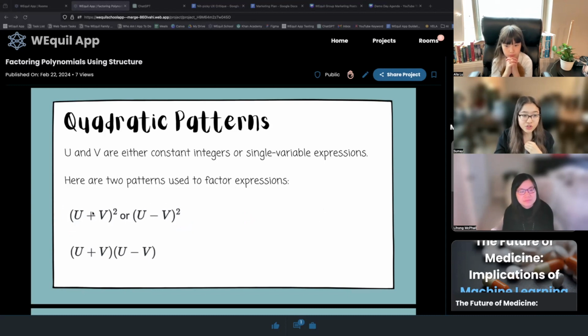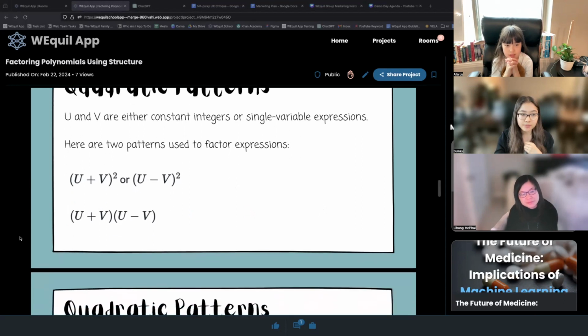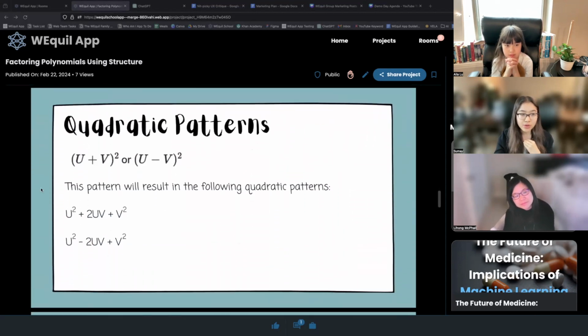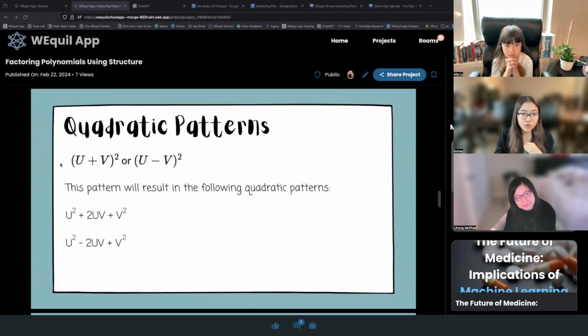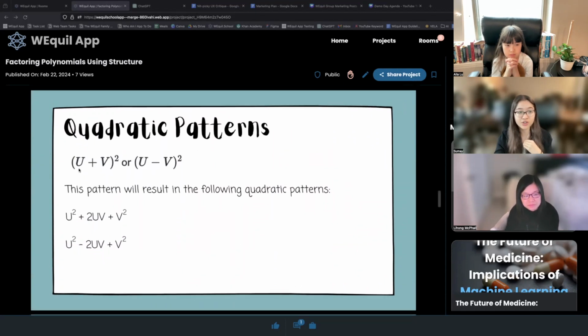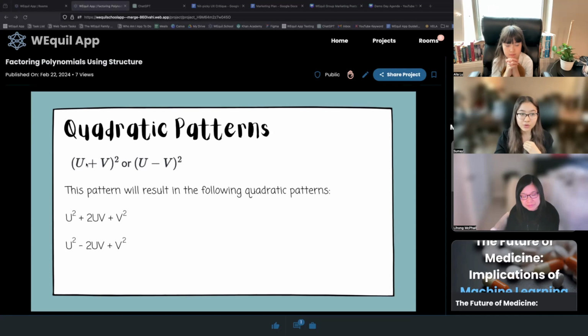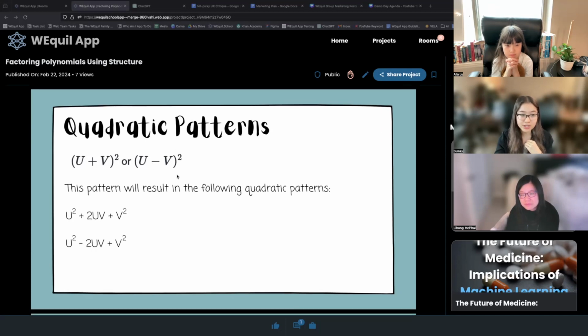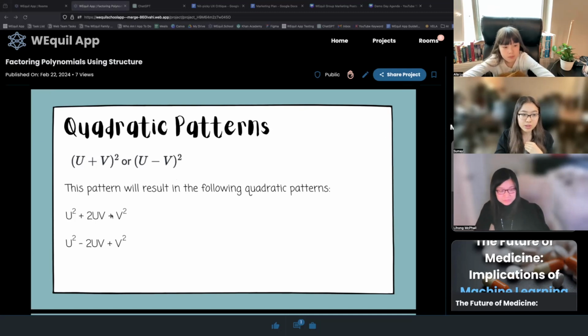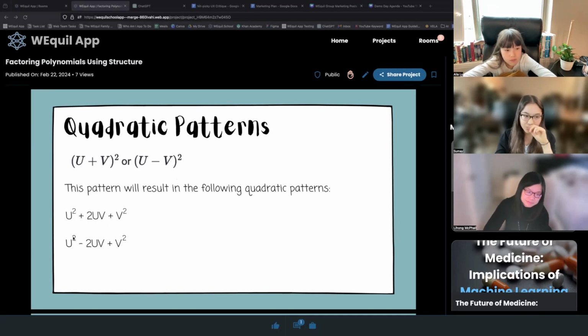Basically these are just two patterns that will result in different quadratics. And so if you have a pattern of u plus v squared, so you have this expression of u plus v, and then that's squared, or u minus v squared, it'll either result in u squared plus 2uv plus v squared, or u squared minus 2uv plus v squared. And the reason why is, let's say you have